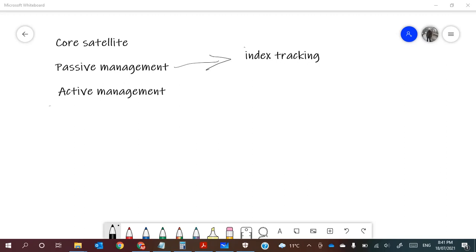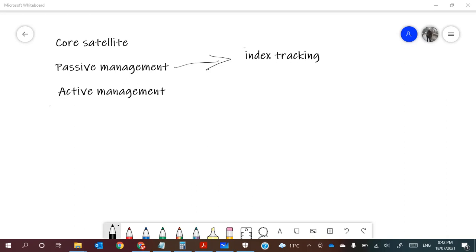Today I want to talk about one of the investing management systems called Core Satellite. As you may know, we have two main types of investment management systems called passive and active. I will explain these two in another video, but just as an example, passive management is like the management that